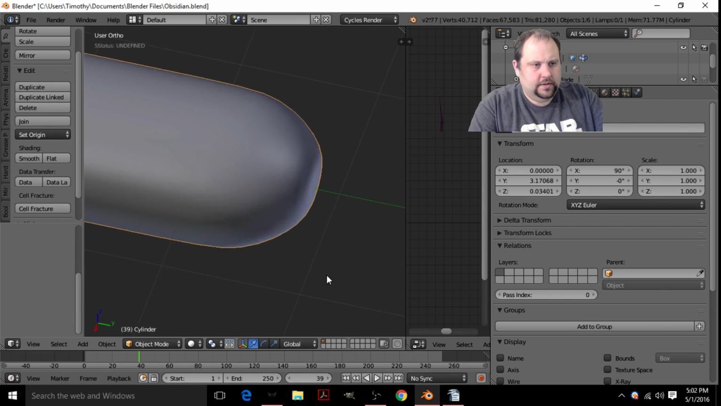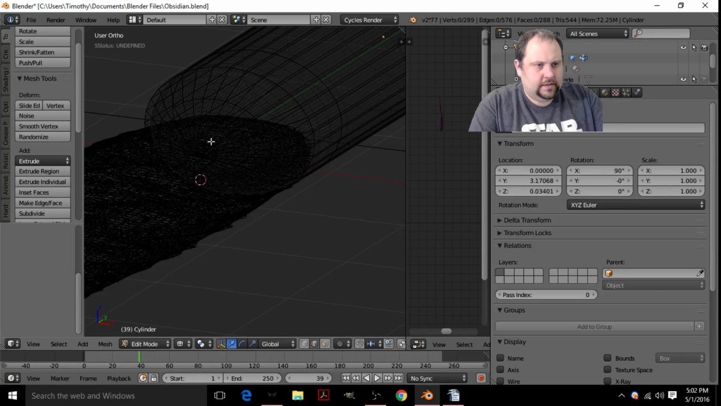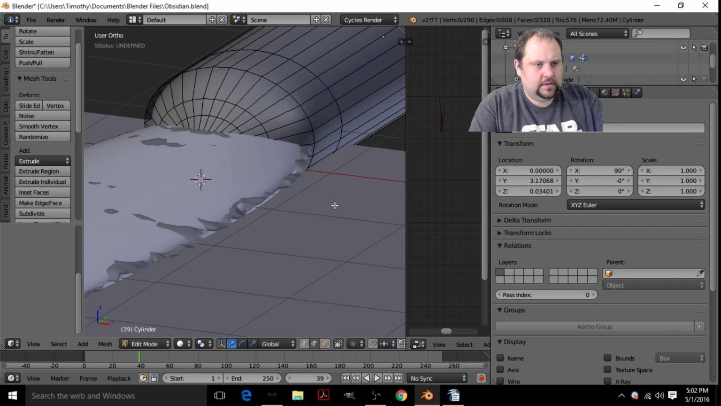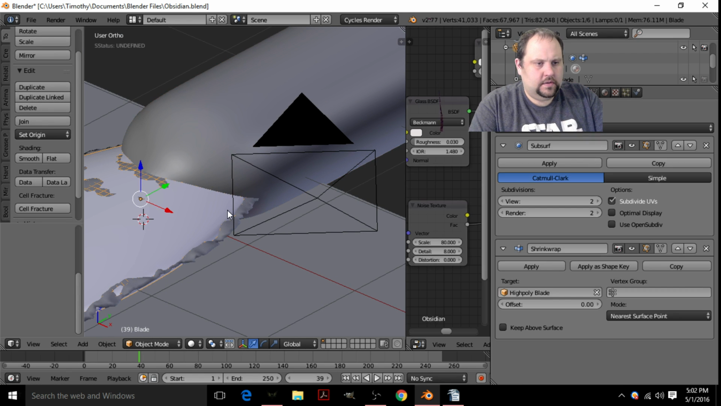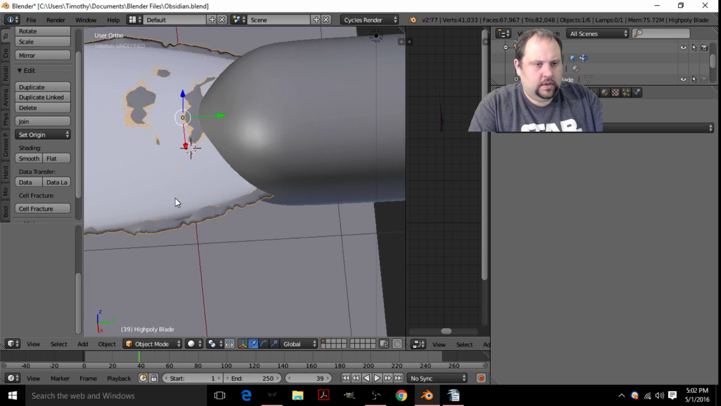Alright, so that's cleaner. Okay. And in fact, I think I do want to create a cap there. And then at center, there we go. And we're going to apply this. And then we're going to